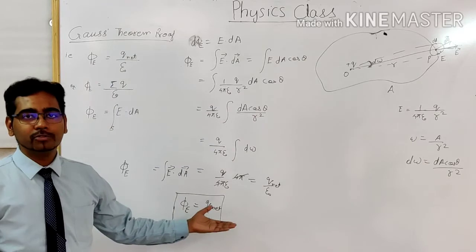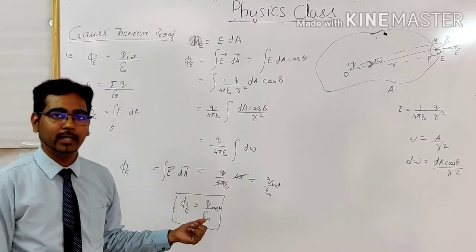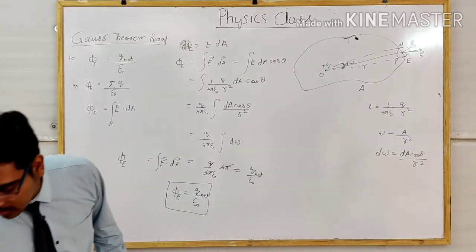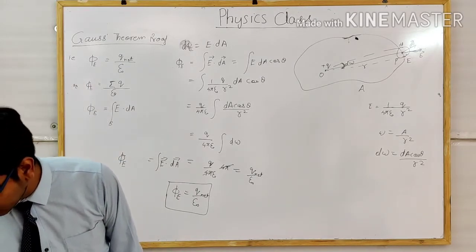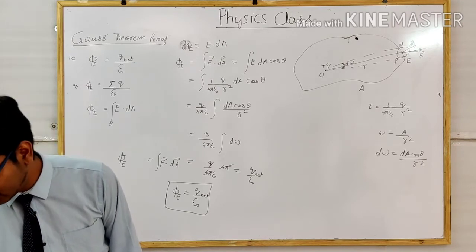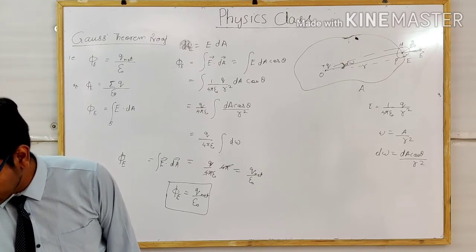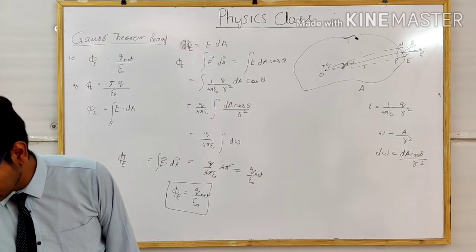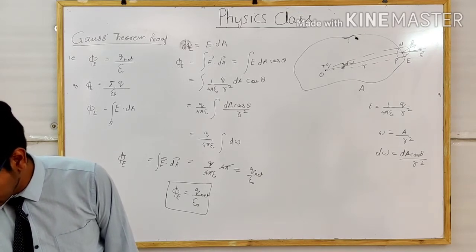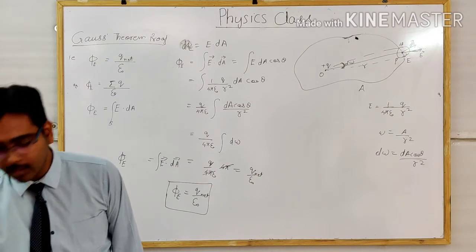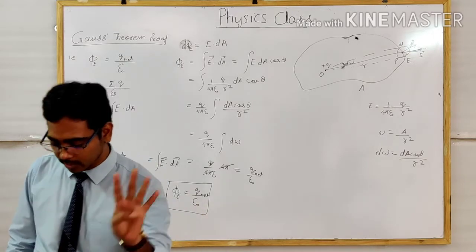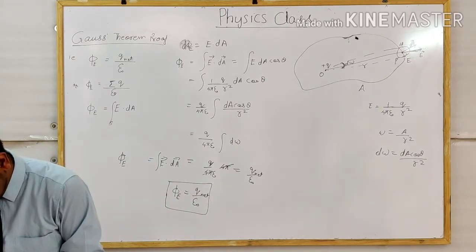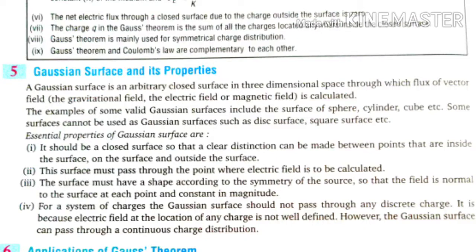Now we will apply this Gauss theorem to calculate our electric field in various scenarios. Your council syllabus talks about three things: Gauss theorem applied to an infinite line of charge, a uniformly charged infinite plane thin sheet, and third, a thin hollow spherical shell. These three points we will discuss in this topic. We'll apply the Gauss theorem and deduce the electric field formula for these three cases. And the Gaussian surface, I have already explained its importance.